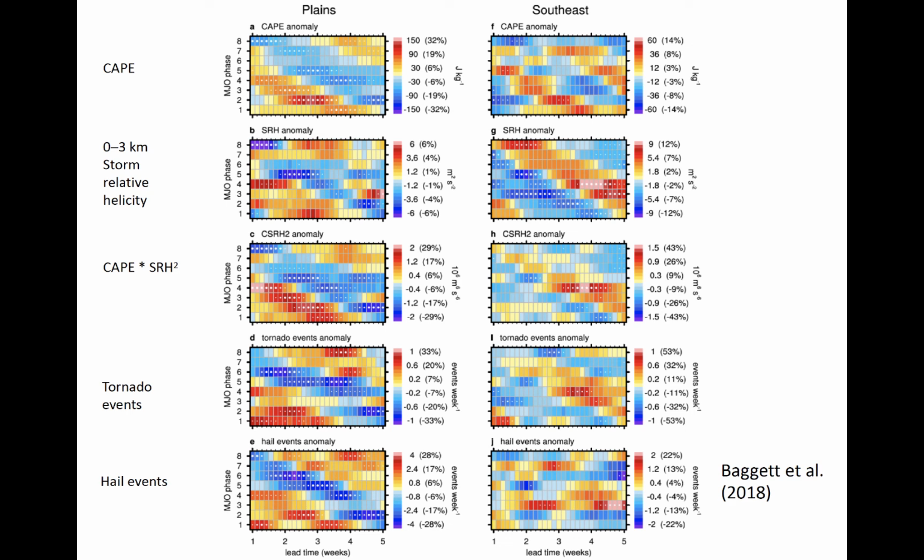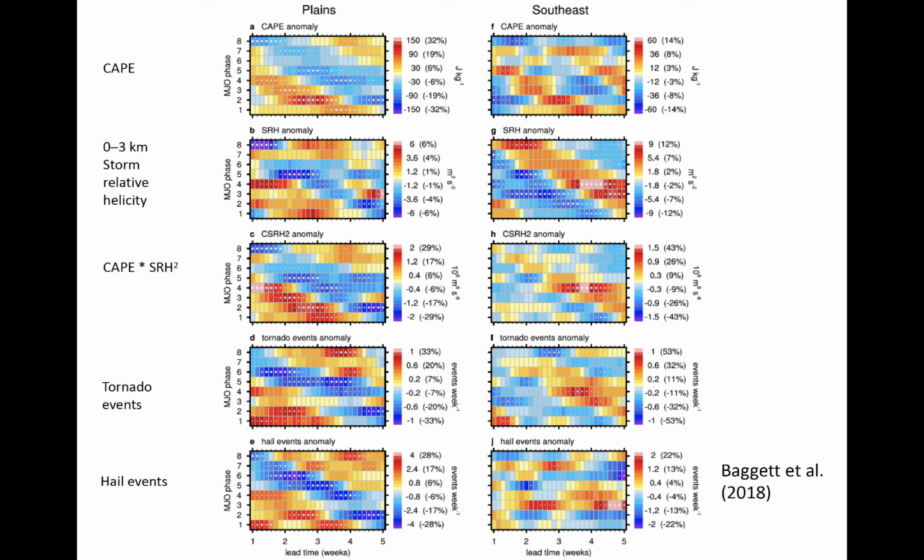Finally, just as a few more examples, the MJO can affect other types of weather events as well, presumably through the extratropical Rossby wave train that anomalous tropical heating excites. This figure was borrowed from a paper that examined subseasonal variability of severe weather over the central United States. Similarly to the last plot, we can see how a lag response exists between severe weather events or their thermodynamic and dynamic indicators and MJO activity. And the dotted squares with the white dots in them indicate statistically significant results.